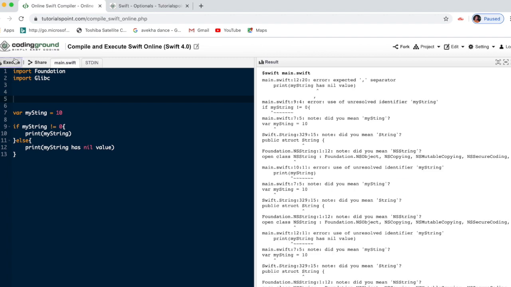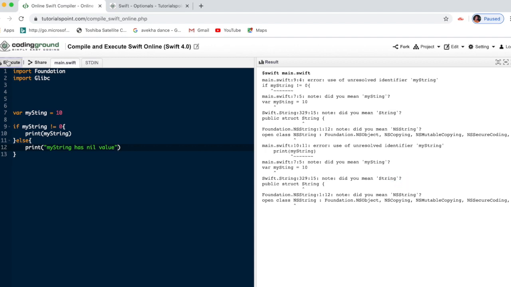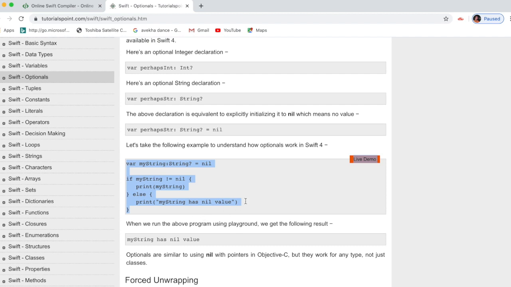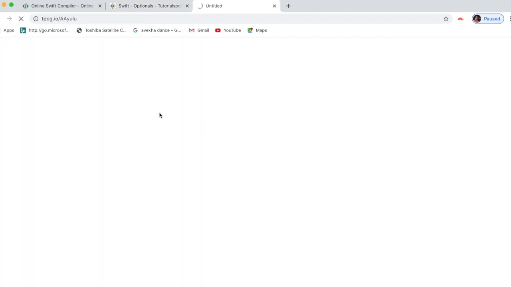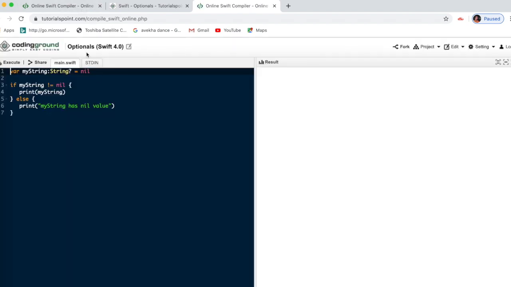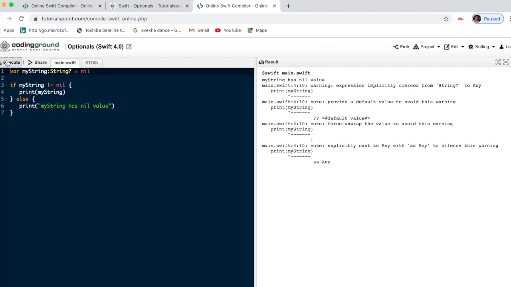See what happens. That means, according to this, the error is showing that this string is equal to nil.